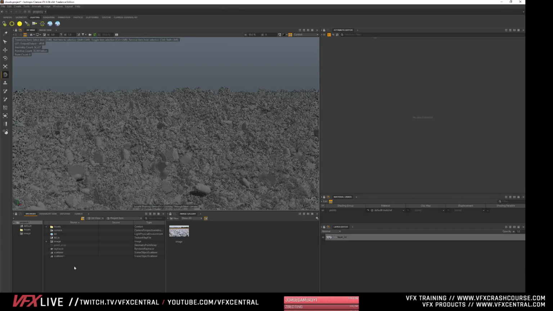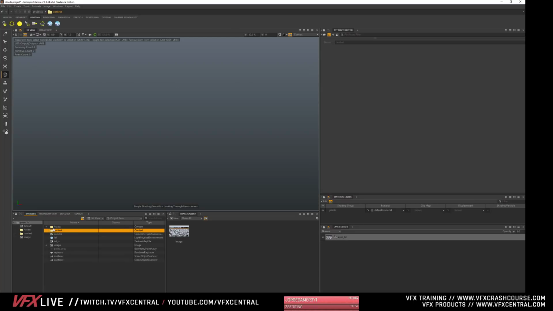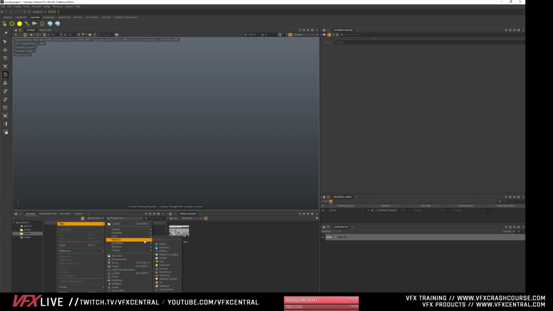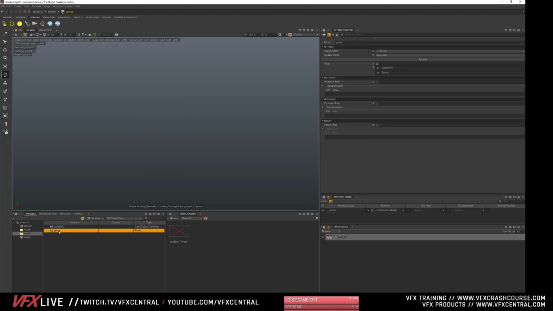Something else that's really cool that you can do is create render groups and things like that. So if I wanted to render just one part of this, you can do that as well, which is a helpful little tool to have. Let's see if I can create one really quick. Call this render, and we'll just dive into this. And then you want to create, let's see. I know we're going to need a combiner, and we'll also need a group, and this will be our render group.